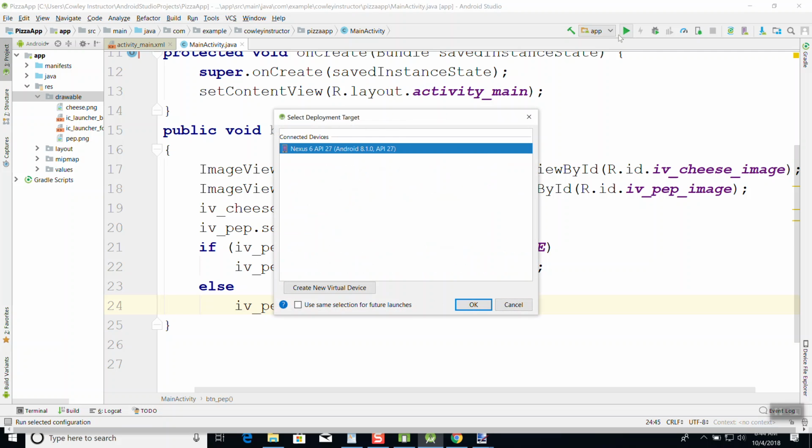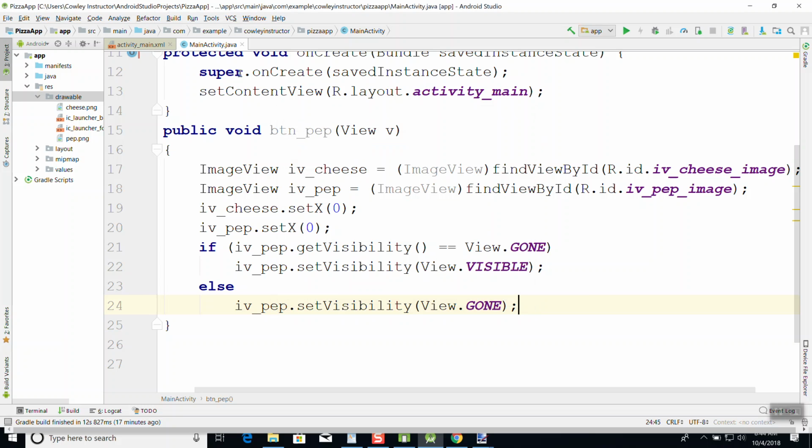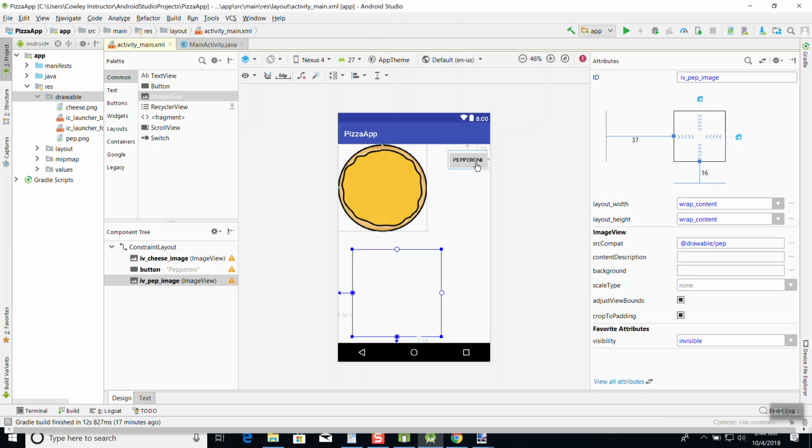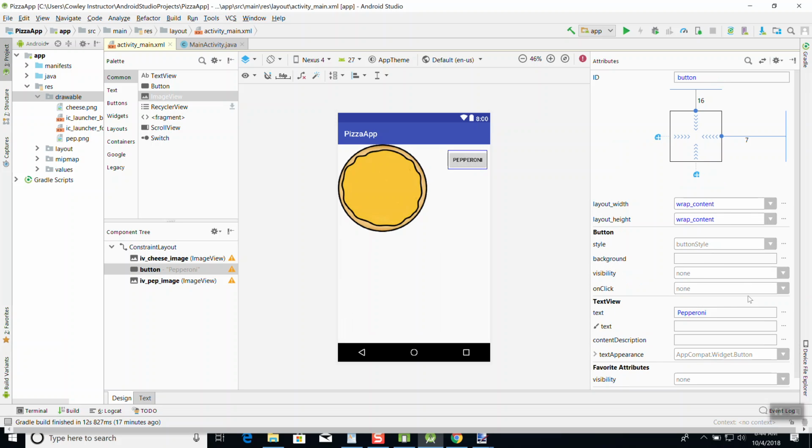Okay, so if I run this after I assign my button, so I go to my pepperoni and on click, I'm going to choose the button pepperoni. And now if I run it,